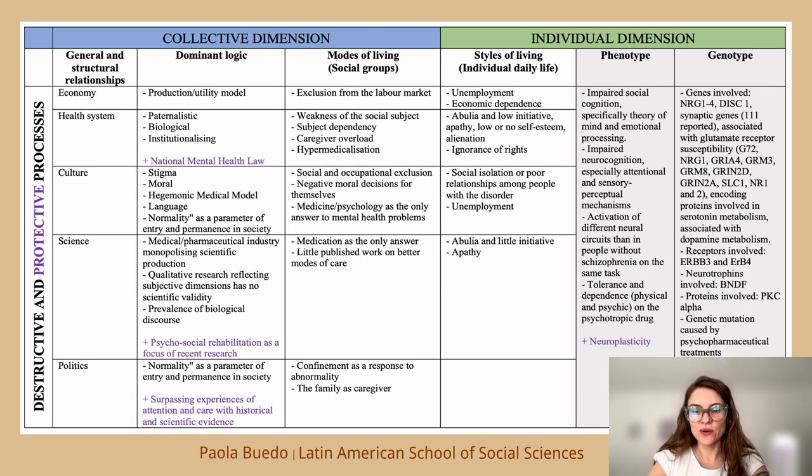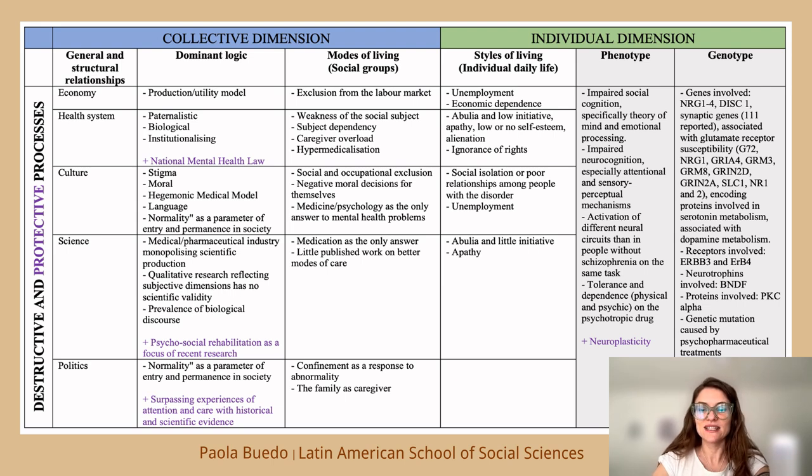Of course, I'm not going to explain every row because it would be extremely boring, I guess, and also too long. But if you are interested, you can pause the video and take a deep look. Indeed, people with schizophrenia could have certain individual phenotypes or genotypes that make it more difficult for them to interact socially with other people. We are not denying that. But also, as we have the possibility to see what's going on at the collective side of the issue with the matrix, we can realize that there are